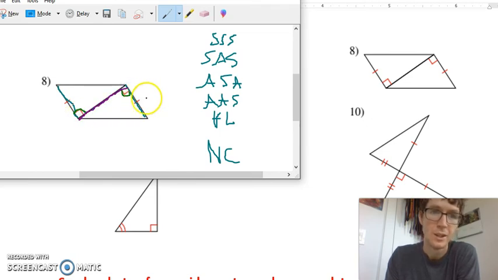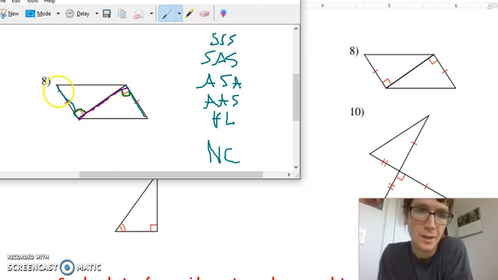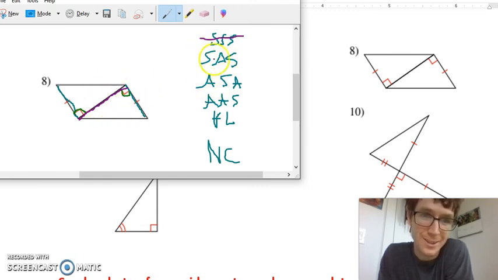So let's kind of go through our options here. We have two sides and an angle matching. Is there anything that says this side matches this side? No. So we can't say SSS. SAS, I think, is kind of what I'm going for now, but let's see. This one, we have two matching sides, so it won't be ASA. It won't be AAS. And now hypotenuse, leg, you might want to select this one, but they actually gave you